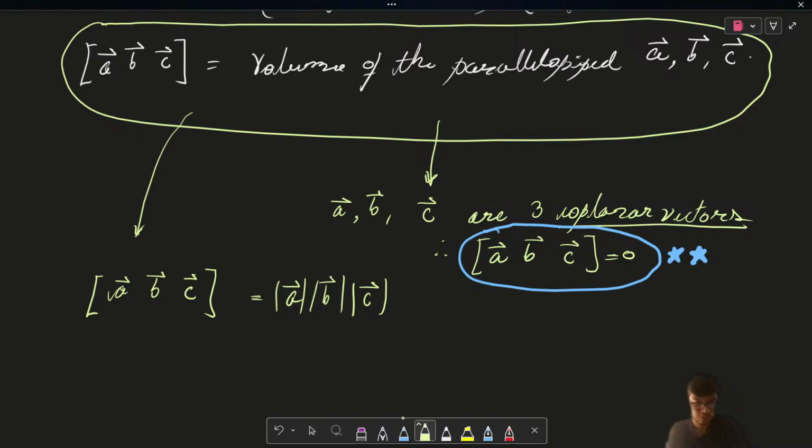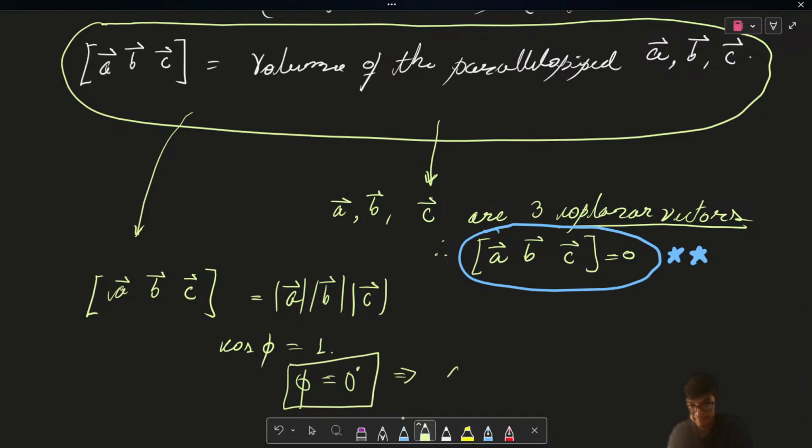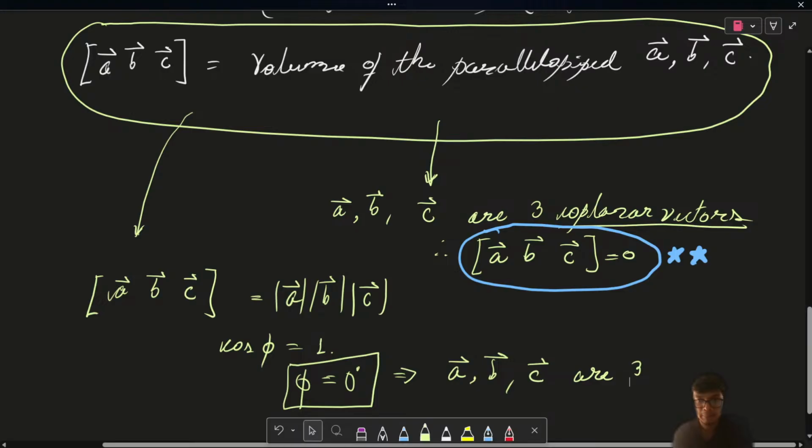If it is simply equal to the magnitude of these three vectors, it will hold true when cosine of phi is equal to 1, and that implies that the angle phi should be equal to 0. Definitely this result holds true when A, B, C vectors are three